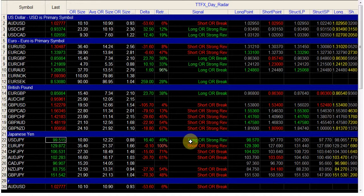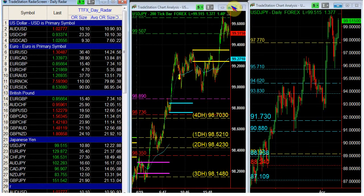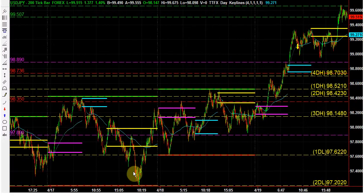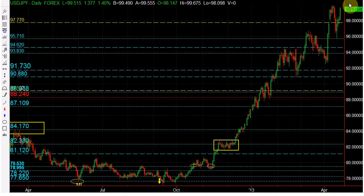But in any case, we are already about 200 pips above our entry. I mean 100 from 98 and 200 from the 97, which is a good trade. You can see the chart on the intraday. We have a very good, nice trend to the upside, and it's holding up here. We had the late day reversal in the Tokyo session, so that is an indication that the market should be continuing higher. Looking at the daily chart,